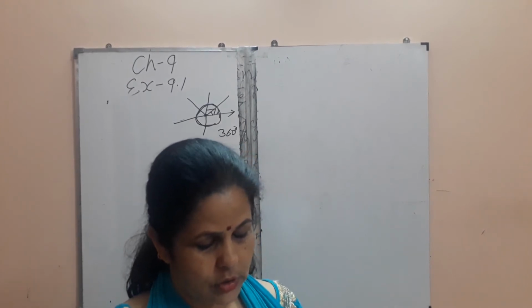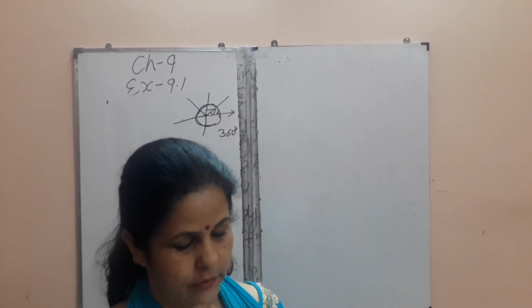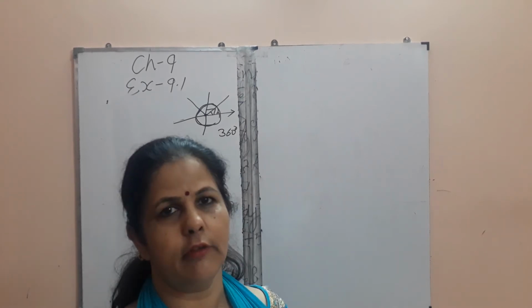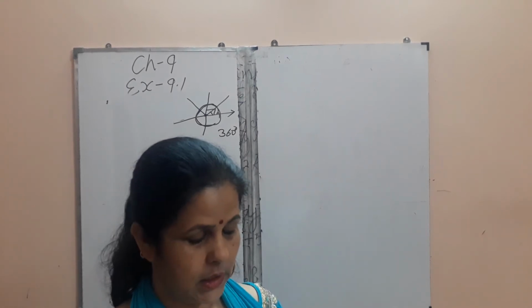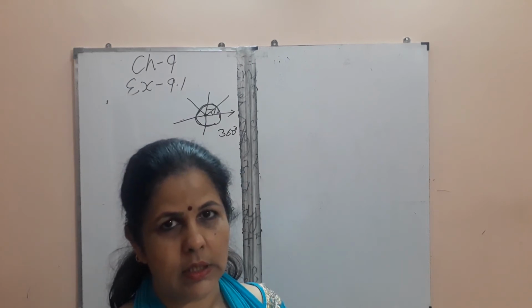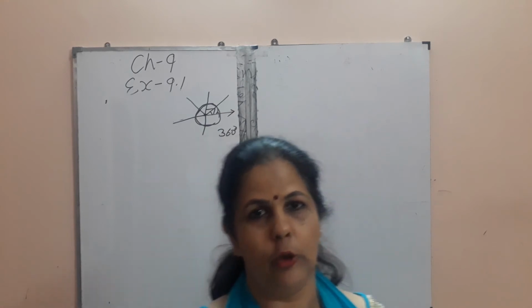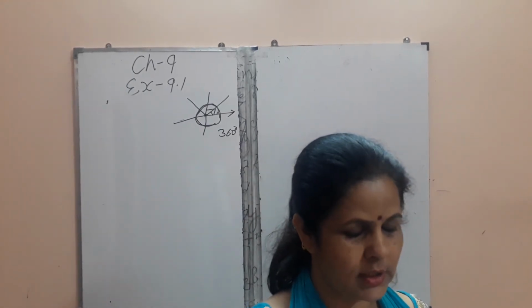The sum of all these four angles will be 180 degrees. So x plus 95 plus 35 plus 75 is equals to 180 degree. You will add all these three angles and subtract them from 180 degree. Then you will find out the value of x. So this question you will do yourself.